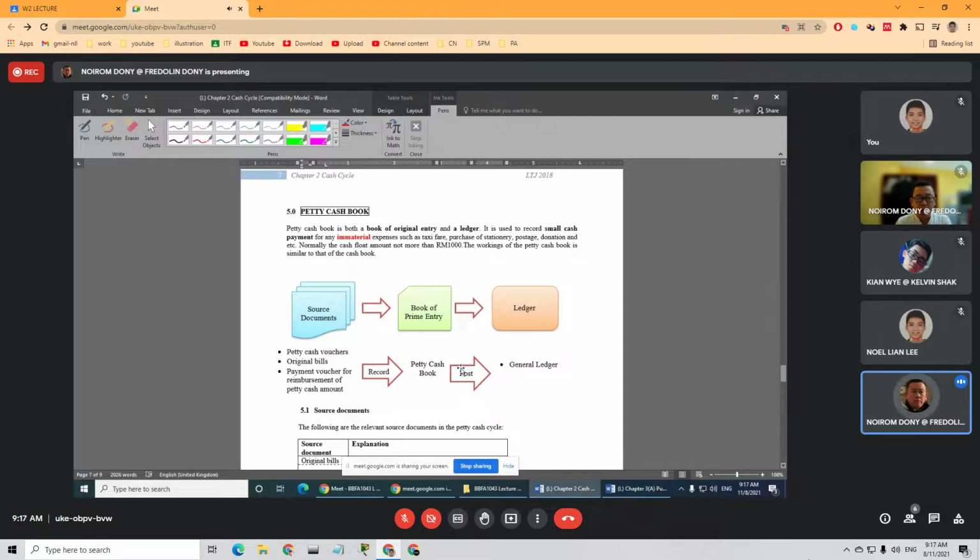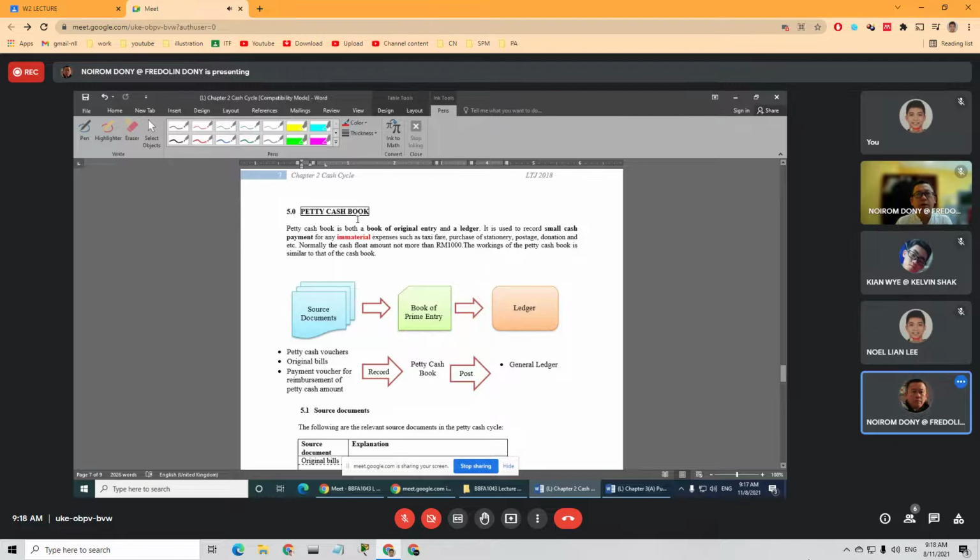This is held by the main cashier. And we have another one for smaller cash flow. They call it petty cash, kept by the petty cashier. So the petty cash book